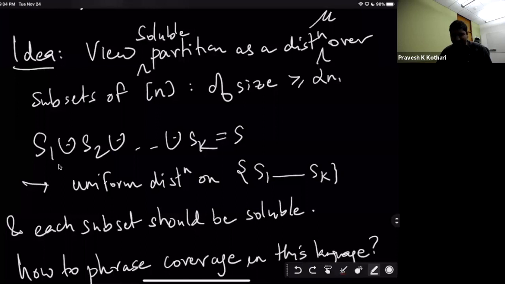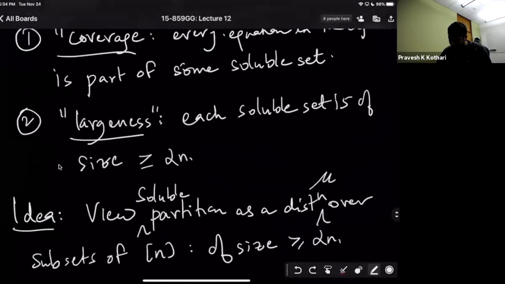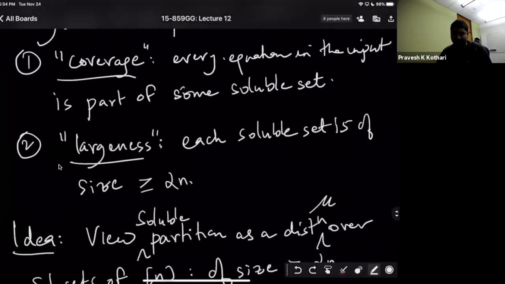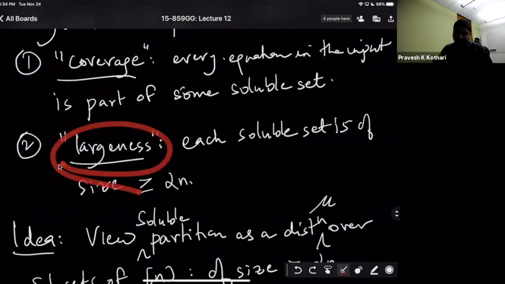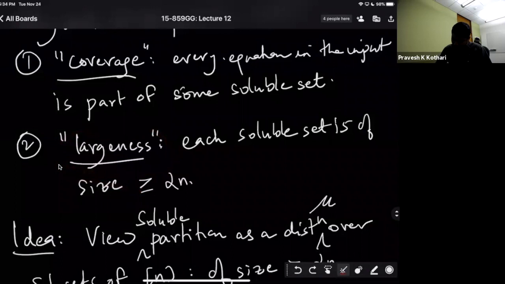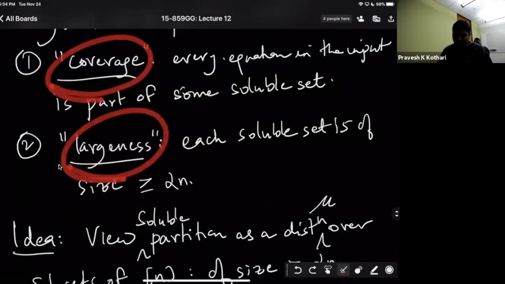So what are we saying? Now let's look at the two properties that really were relevant in the argument that we just went over again. The two properties that were relevant were that every point is somehow covered. This allowed us to use the pigeonhole principle and argue that G must intersect one of the Si's in an alpha fraction. And the reason that we could argue that it must intersect in an alpha fraction was that every set was large, which allowed us to conclude that there are not that many sets. So we used both these properties, coverage and largeness.